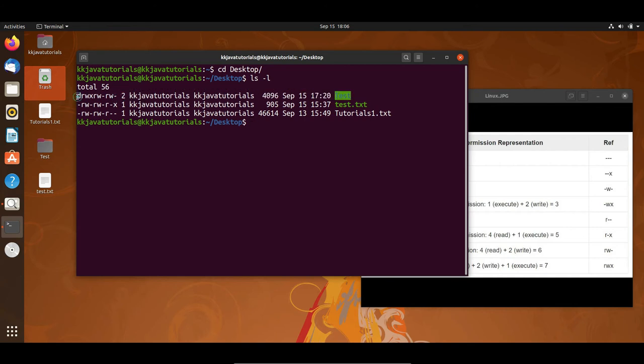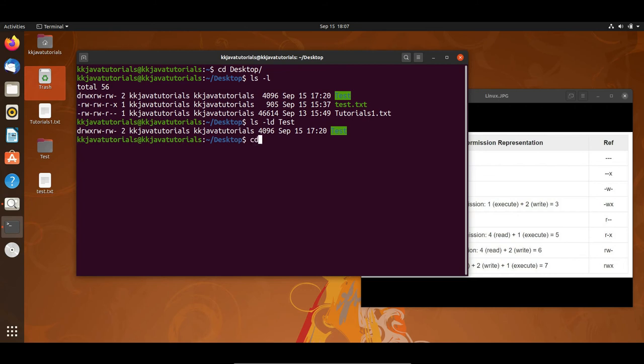I'm going to show you how we can change the permission for this directory. The same applies for a file as well. Here I'll do ls -ld. L means long listing, D means directory, and I will give the directory name, so that this will show the current permissions. Of course, you can see it over here as well.